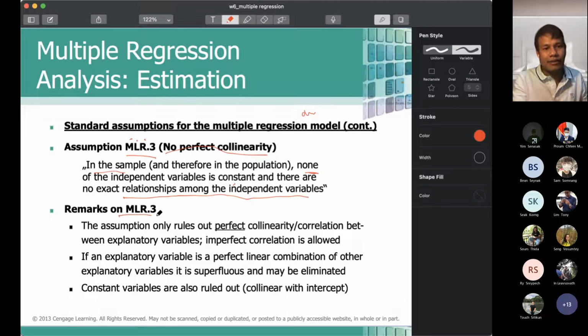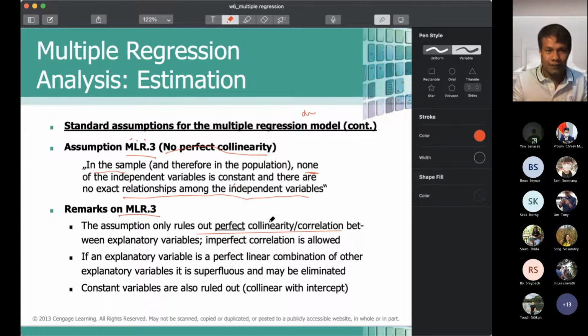Let me give a remark on assumption number 3, class. The assumption only rules out perfect collinearity. If you don't know what collinearity is, it means correlation, and you already know what correlation is. So what it says here is that assumption number 3 does not allow two variables to have correlation equal